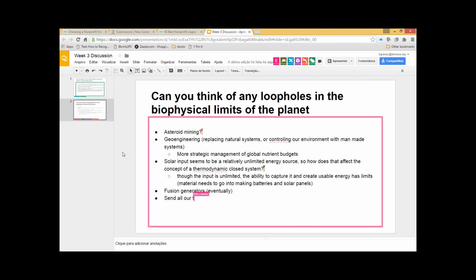And then there's a much bigger loophole that could be, which is that we go out there and we get stuff, right? So we mine asteroids for natural resources that are not available here. Maybe not living resources, but fundamental elements and things like that. And that's big. That could allow us to exceed the limits of the planet. Now, if you extend thermodynamics, which the universe already does, to going beyond the planet, it doesn't change. It's just that we start to define the universe as our closed system rather than the planet. Those material limits then become much smaller compared to the amount that we use today, but they also don't fundamentally change how we operate.